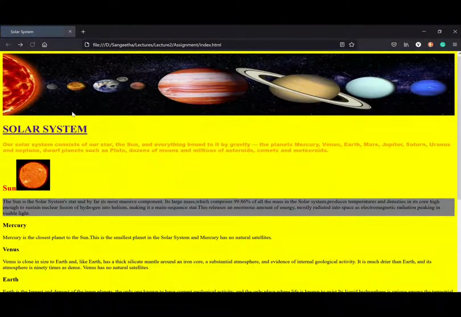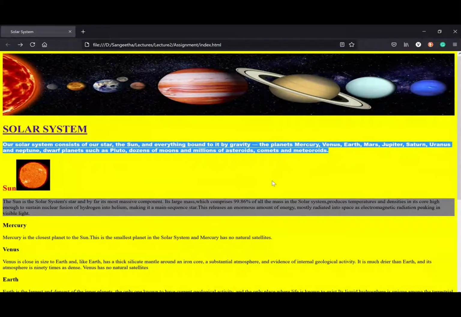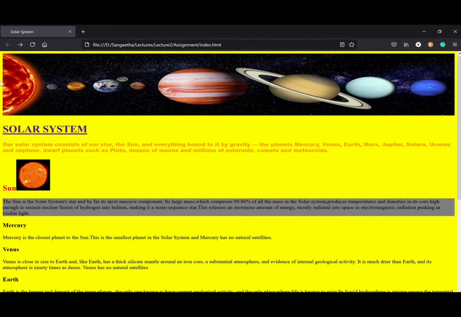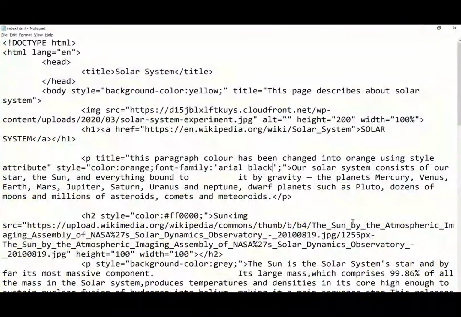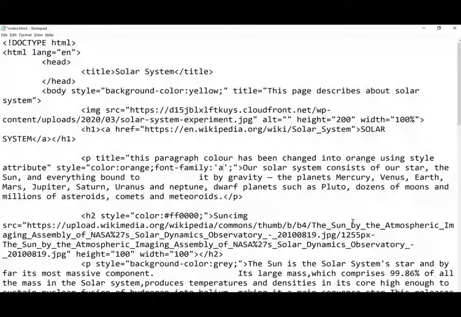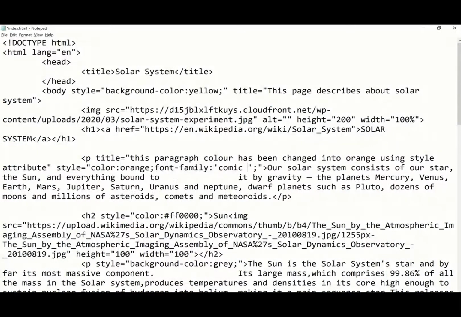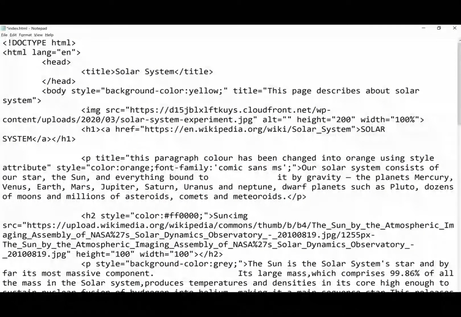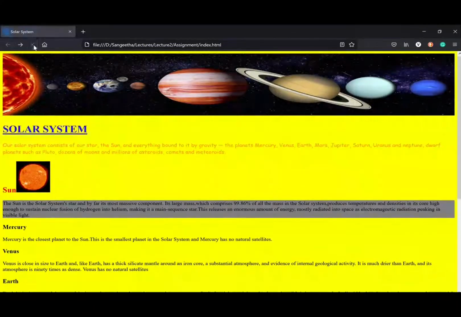Yes, you can see the first paragraph, the font has been changed to Arial Black. You can give any font family name of your choice. Let me change the text to another font. I'm going to give Comic Sans now. And you can see the difference in the web page. Yes, that's all about the font-family property.